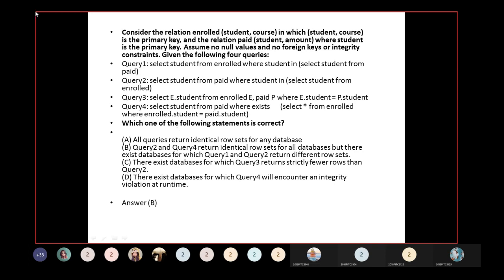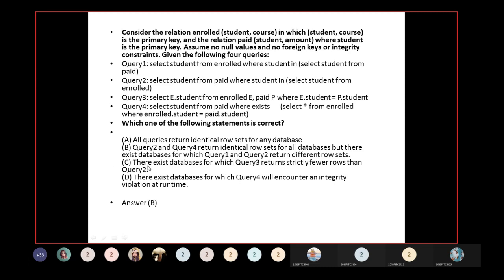Option A: all the queries return the identical row set for any database. Option B: query 2 and query 4 return the identical row set for all databases, but there exists a database for which query 1 and query 2 return different row sets.